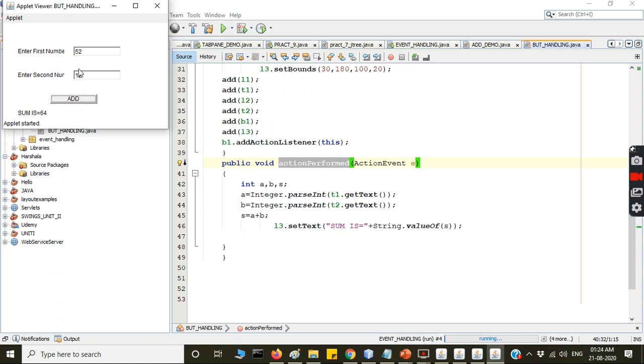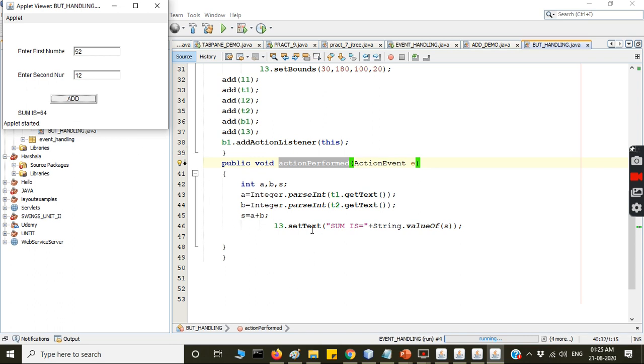Same thing, suppose I want to retrieve the content of this text field. What is the object of this text field? T2. So T2 dot getText, convert it into an integer and store it in the variable b. We take one more variable to store the sum of the values, that is s equals a plus b. After that I have to set the sum here.